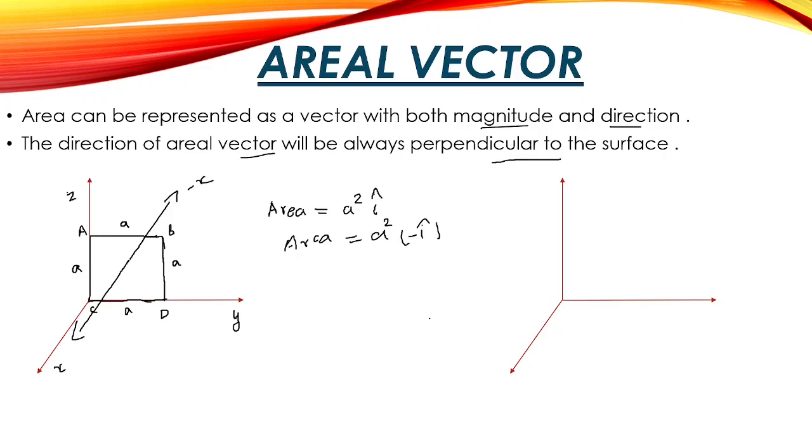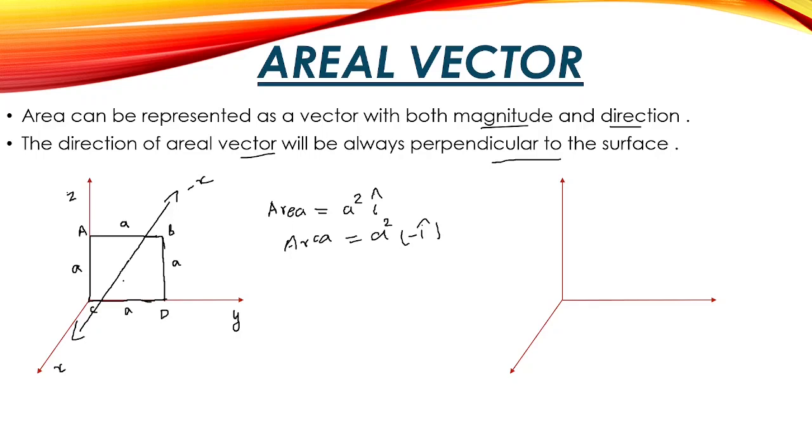I hope you understood this. I will explain it to you once more. See, this is a square which is in our zy plane, and each side of the square has a length of a. So to find the magnitude of an area, we should multiply side into side. That means for a square, the formula is area is equal to side into side. So we get a square.